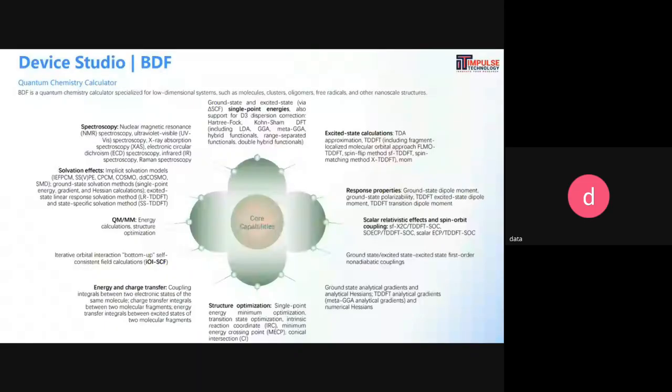and magnetic properties. You can find the ground state to the excited state, single point energy, LDA, GGA, meta-GGA you can do. You can see TDA, time-dependent DFT, and the response properties of time-dependent DFT, transition dipole moment also. You can do structure optimization. You can also include Hartree-Fock theory in the BDF software, and you can do quantum chemistry with BDF